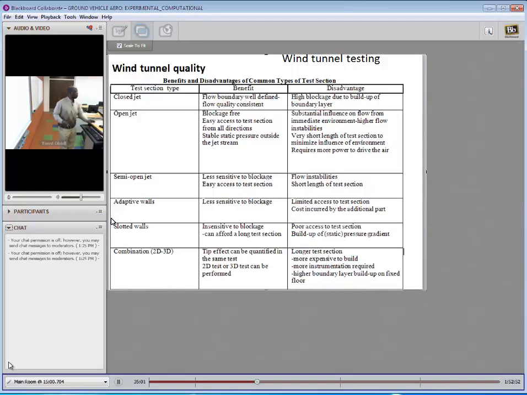A few more comparisons, benefits and disadvantages of common test sections. We talked earlier on about the circuit itself. Now we're talking about the test section for any given circuit. The test section can be closed jet, open jet, semi-open jet, adaptive walls, slotted walls, combination walls. Well, we've talked about the closed jet and the open jet. The semi-open jet,